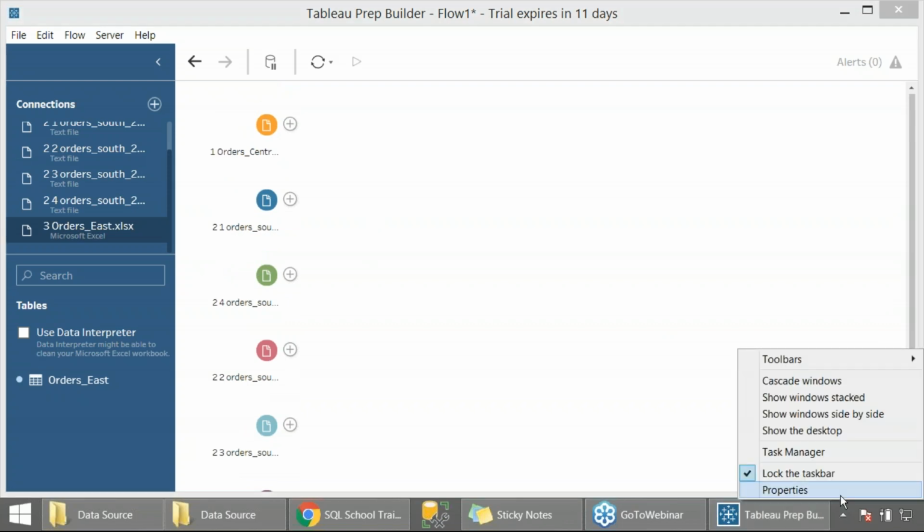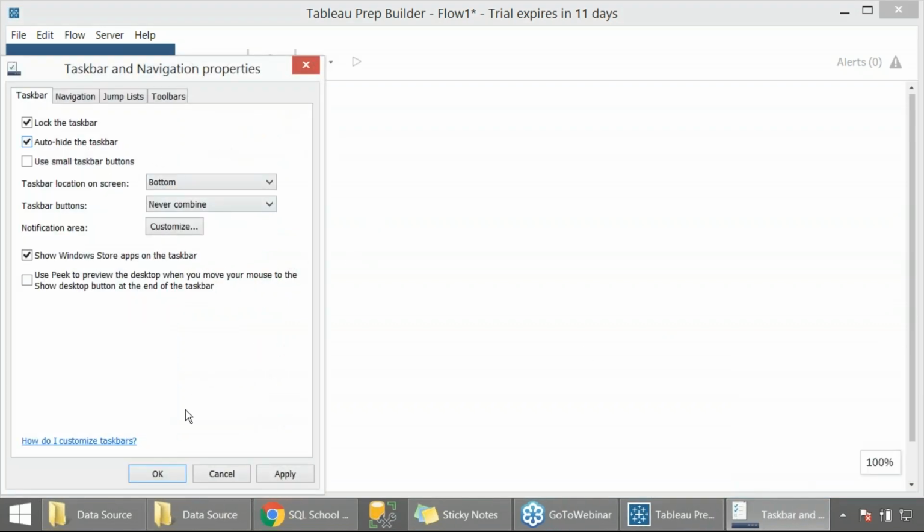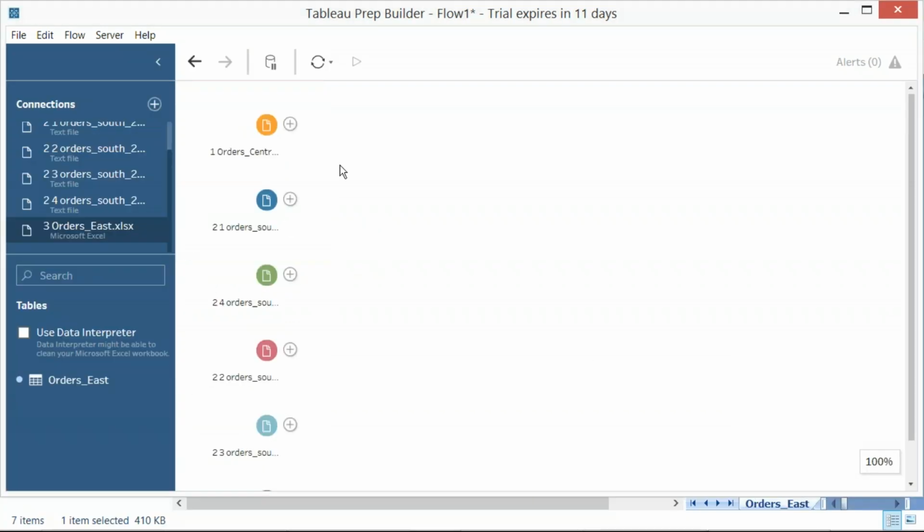Yes, let me auto hide the taskbar for better visibility. Let's take orders 1, 2, 3 and 4. Well, so here it is. You got the orders data here. I'll click on the plus symbol and say union, right? That's our requirement.